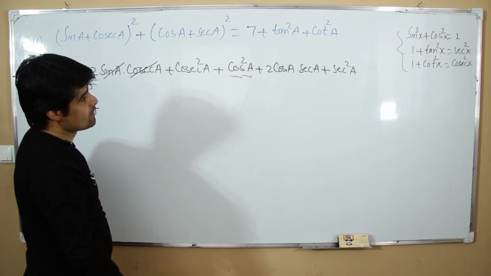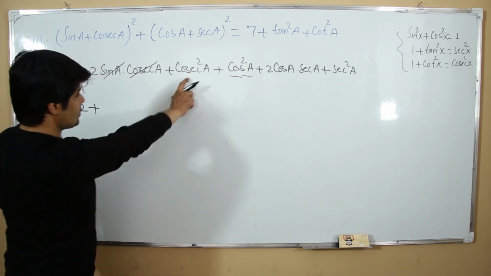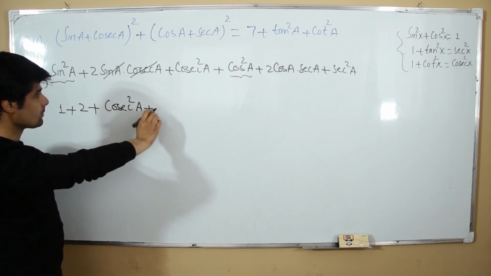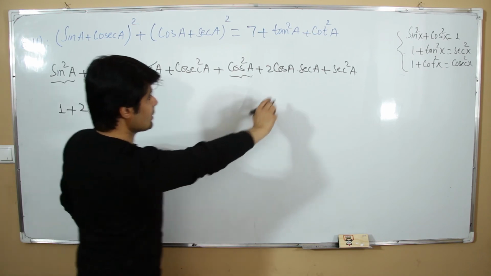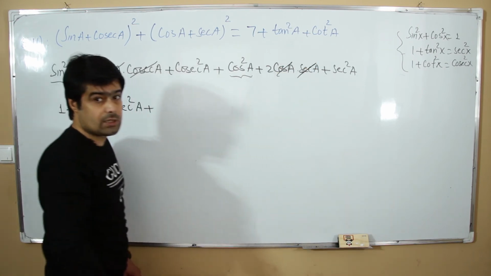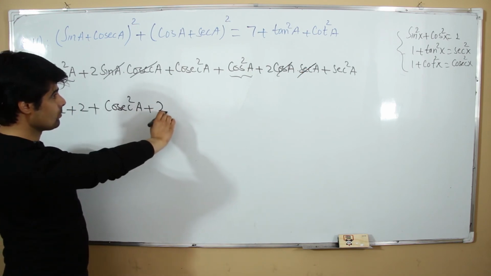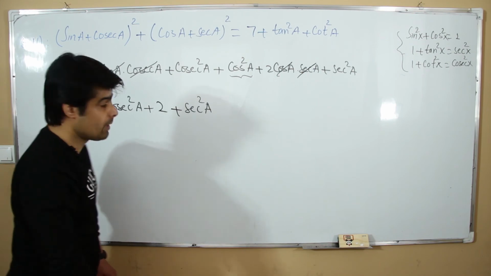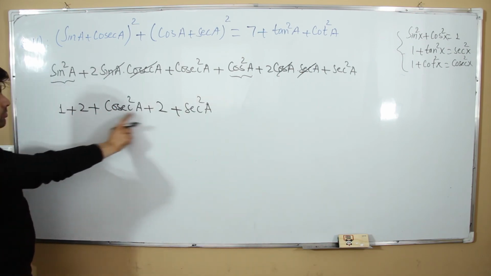What do we have next? We have cosecant square plus, it's finished. This is cancelled. It is 1 by cosine, cosine with cosine is cancelled. We have 2 plus secant square of a, and 1 plus 2, 3, 3 with 2, it is 5, plus